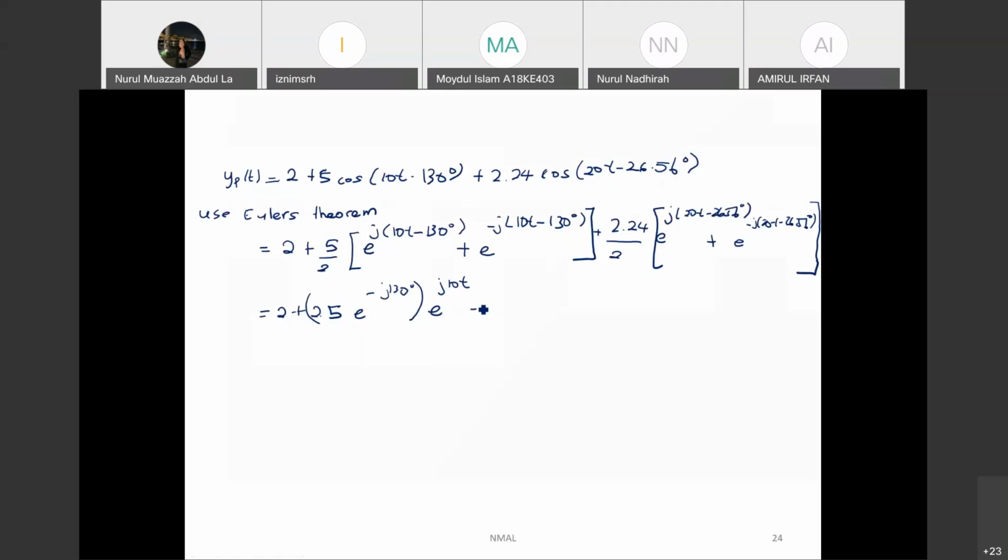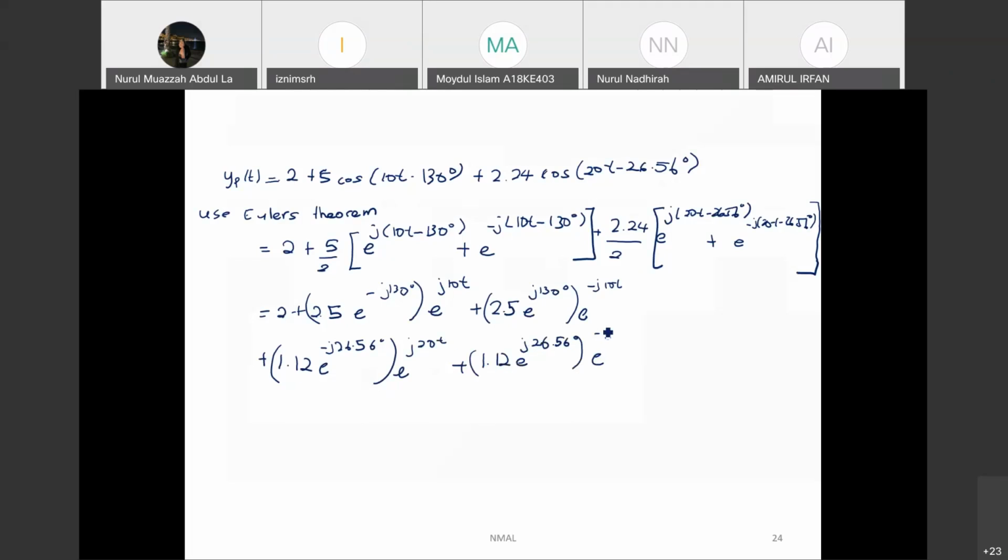Okay, plus 2.5 e to the j 130 degrees. This one negative becomes positive. Okay, exponent negative j 10t, plus 1.12 exponent negative j 26.56 degrees. Okay, you put in the bracket here exponent j 20t, plus 1.12 exponent j 26.56 degrees